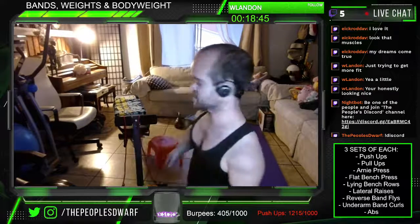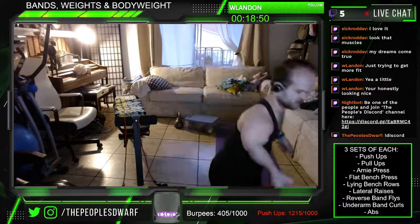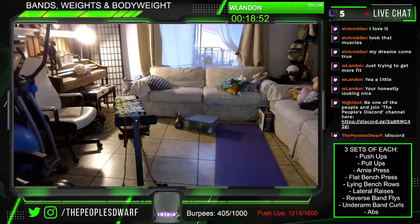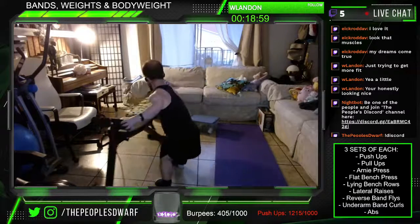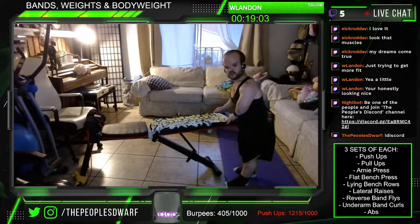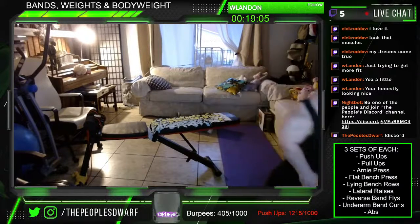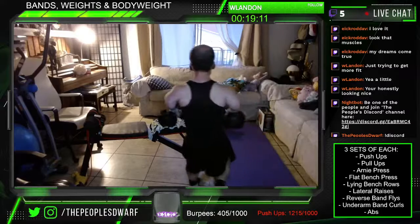Alright, so now we're going to do lying bench rows. For this one, I'm going to move the stool out of the way. I'm going to lower the weight back to 10s, I believe. I will rotate the bench so you get a bit of a different angle on how this is going to look. That should work. This is going to be lying bench rows, so lying off the edge of the bench,